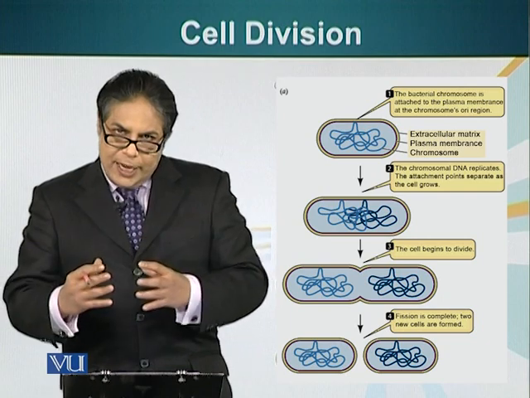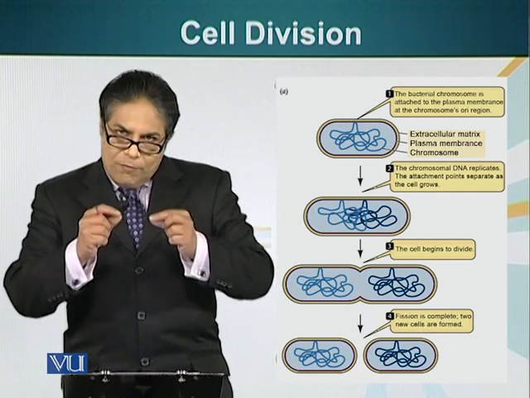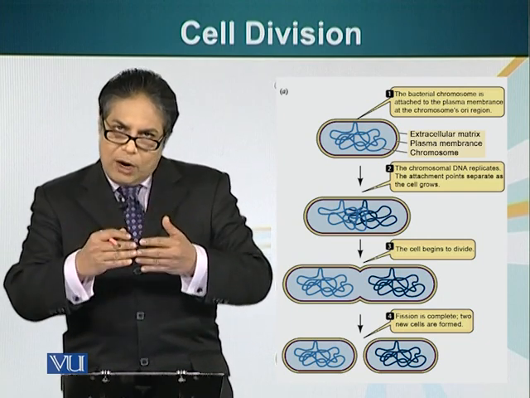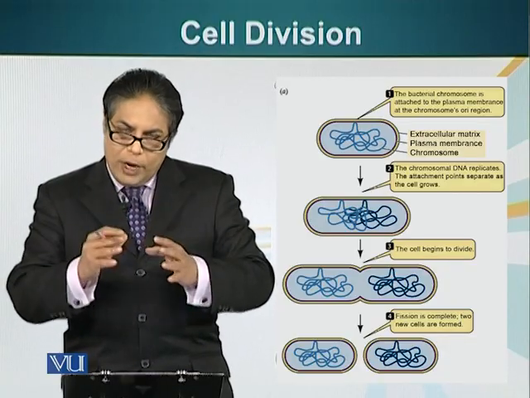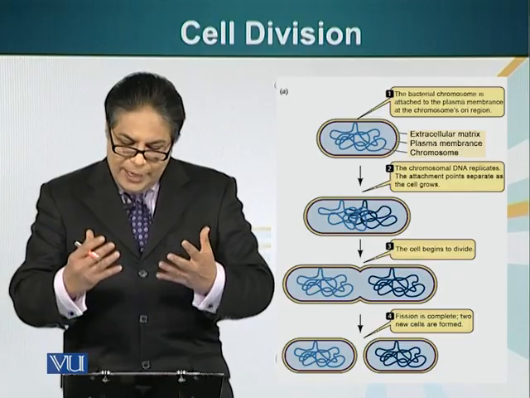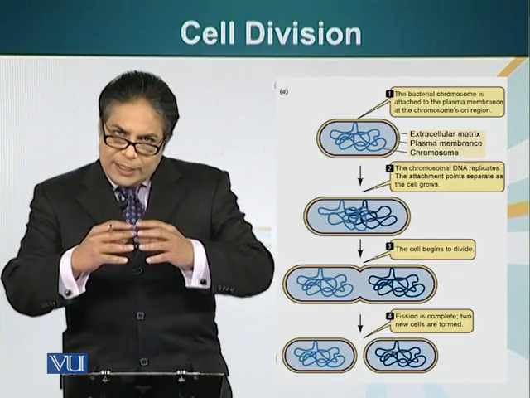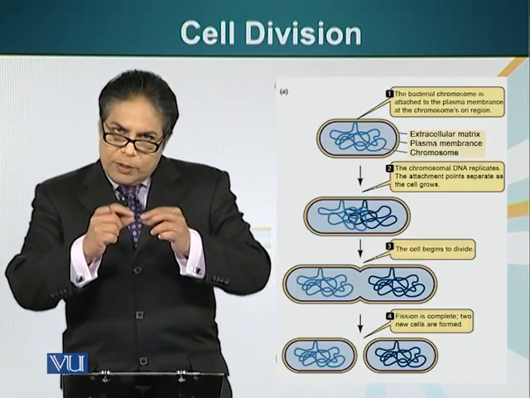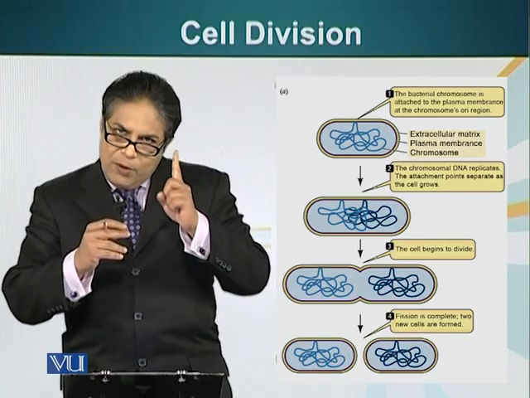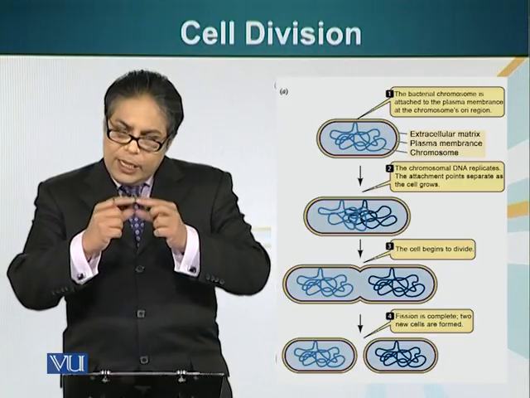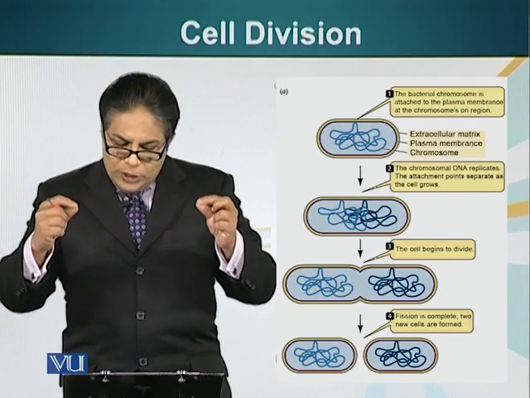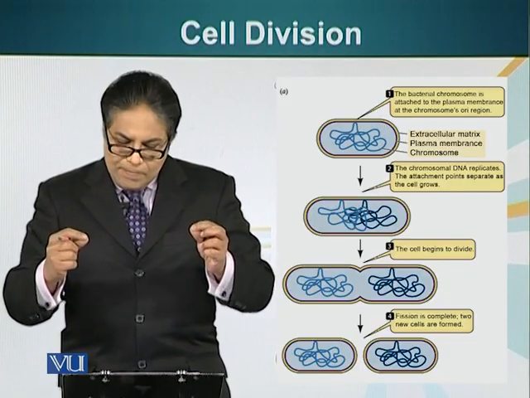So when a bacteria has to divide and conditions are favorable, first of all, the DNA will start replicating. It will start making a copy of itself at the ori, the point of origin of replication. And as the cell grows, it stretches. Now initially we had only one ori, now we have two oris. As the cell elongates, the two oris will also separate and segregate.